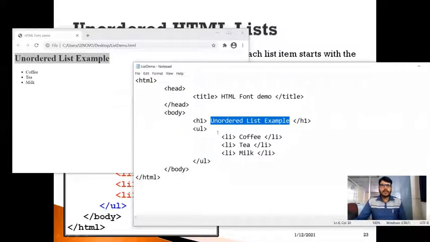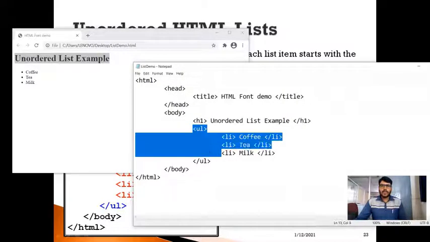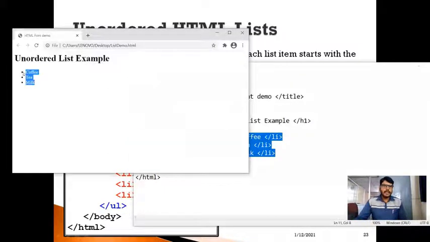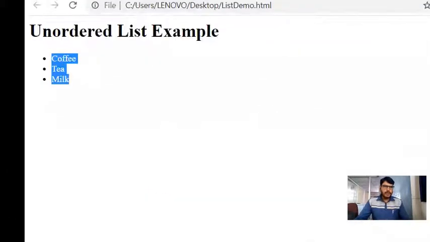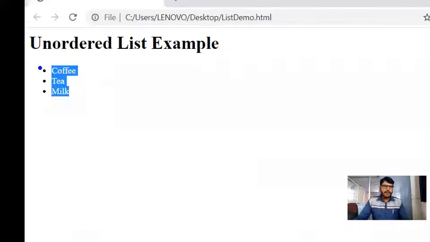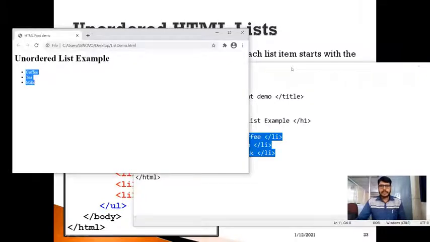Okay, so below this, I am going to use the UL tag. By using the UL tag, I have specified 3 list items here. Respectively, it has generated list items. And you can see here, it is marked with disks here. So as you can see, this is indicating an unordered list, and it has highlighted with a bullets option here.